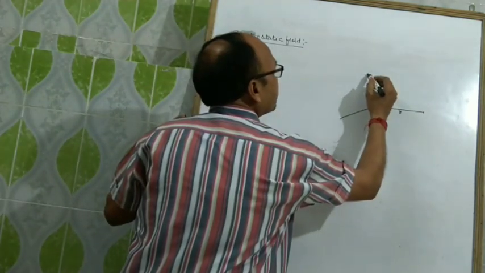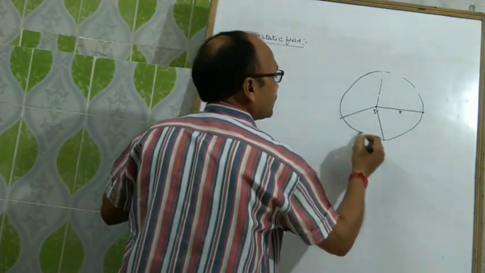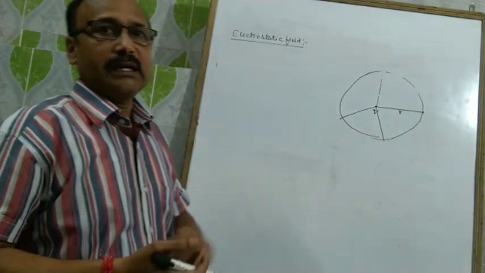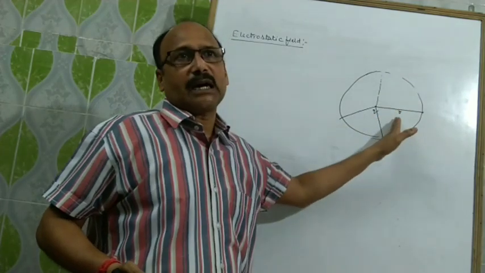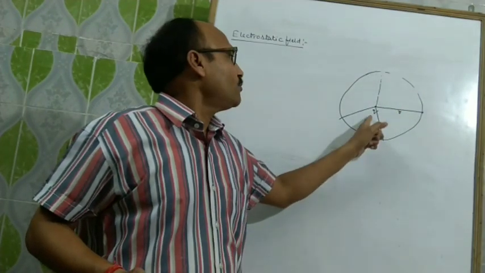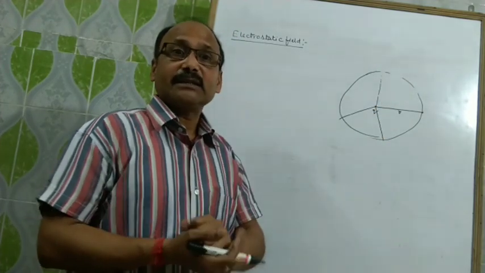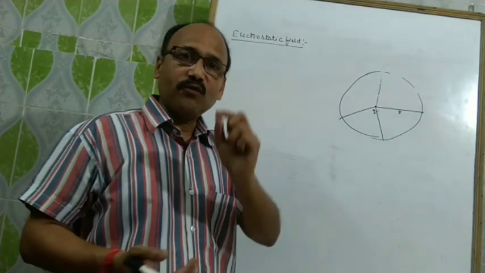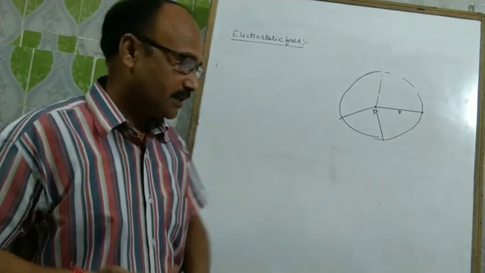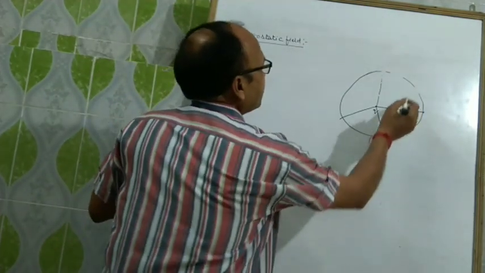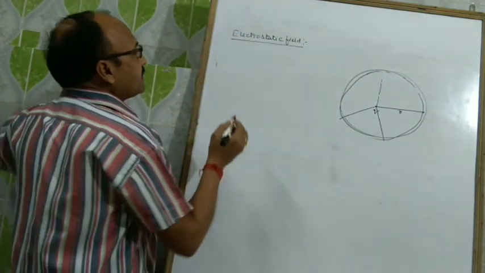It means you can construct a sphere around it. This sphere is of radius r, in which the electrostatic force can be experienced by the other charge due to this charge. So this charge is known as the source charge, and that charge is known as the test charge. If you are taking a positive unit charge, that charge is known as the test charge. So this is the electrostatic field. Okay. After this, intensity of electrostatic field.